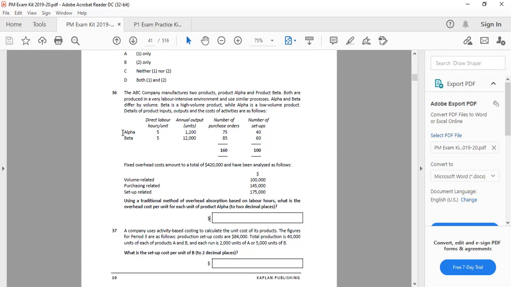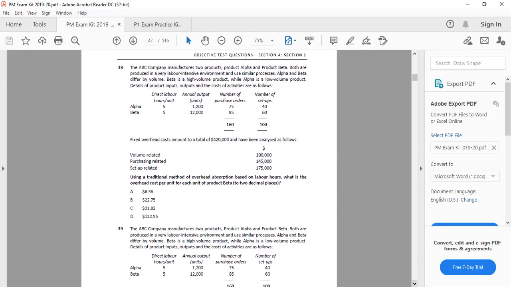There are two products, alpha and beta. I will take you through everything in detail. Alpha and beta, ABC company. Then they want to calculate the traditional method of overhead absorption based on labor hours. The same set of data, just look into that. The same set of data, we also have in question number 38. But this is an extension, traditional method of overhead absorption based on labor hours. What is the overhead cost for product beta? There it was product alpha. Now here it is product beta. The same set of data